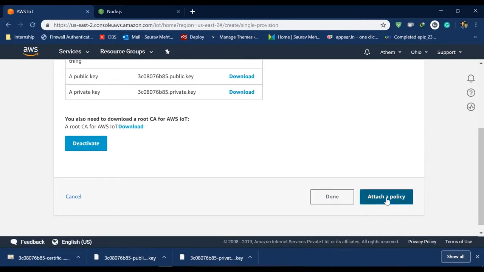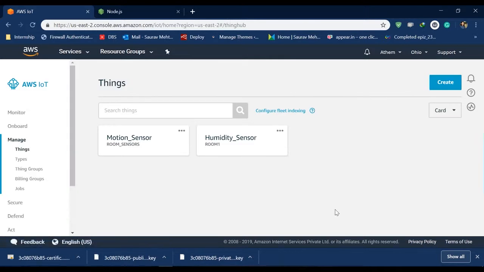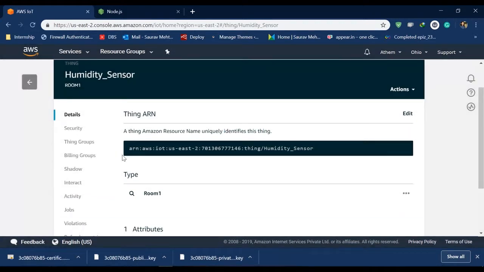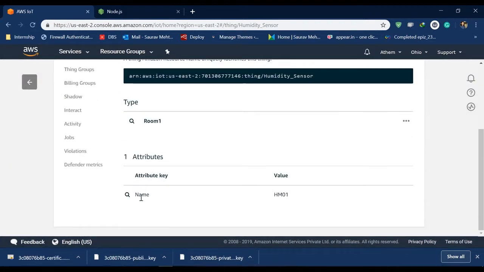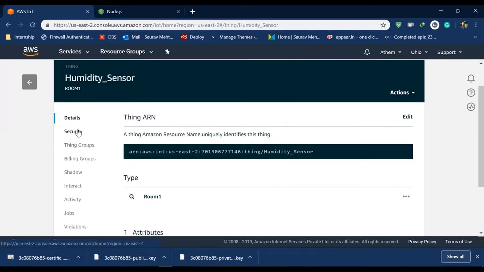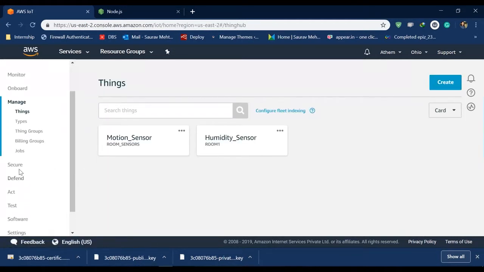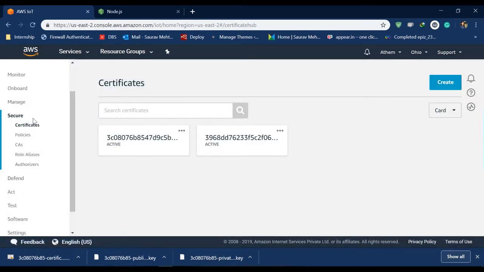I haven't created a policy yet, so I will be just pressing done for now. Once you click done, you will have your thing ready, and I'm just gonna show you what it is. It will show you the type, the attribute, it shows HM1, and then they have some bunch of other options. But for that, now the second thing that we are gonna be doing is moving to the secure option right